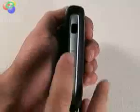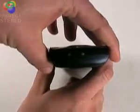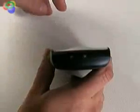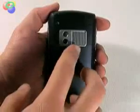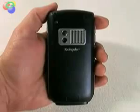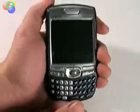On the right-hand side are an IR window and a door for the mini SD slot. And the top has a feature that used to be unique to Palm, but now other manufacturers are copying: a switch to immediately silence the Treo and set it to vibrate mode. On the back you see a 1.3 megapixel camera and the outlet for the speakerphone, which is fairly loud. You can also see these large bevels down the side, which actually help the Treo to sit in your hand